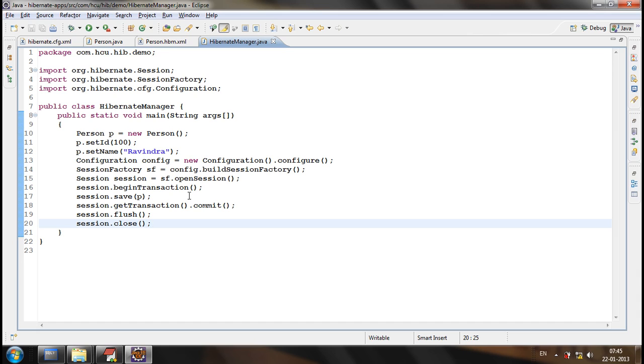What save will do means it will trigger the insert query. It will tell Hibernate that it should generate an insert query with these values for the person table. Hibernate will create an insert query with the specific values that we have given, 100 and Ravindra. Understood? And how Hibernate will generate the insert query based on this object means Hibernate will check where exactly